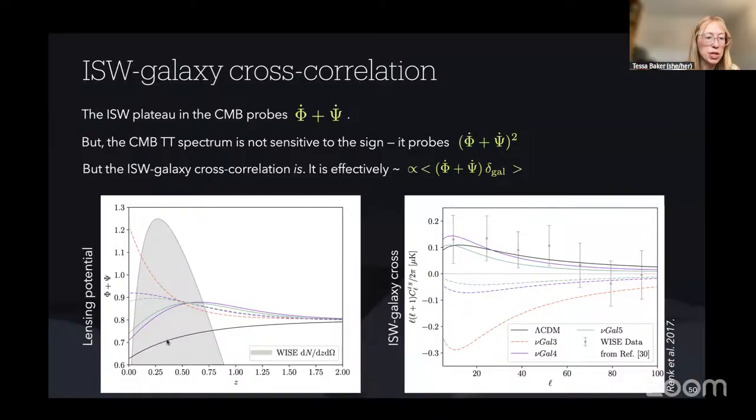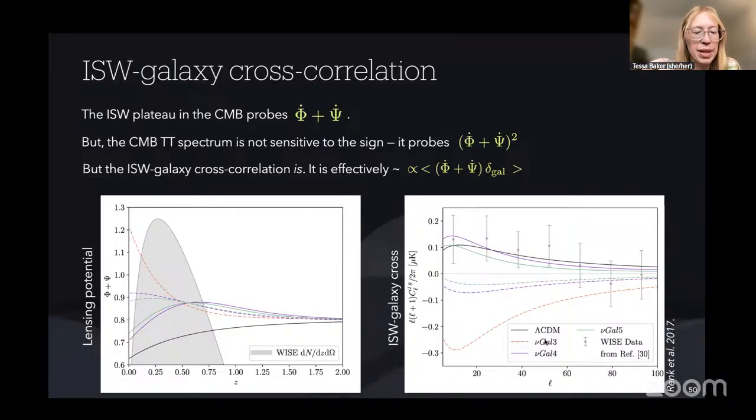In black, we've got the prediction in lambda CDM, where we said that sum of potentials decays at late times. And in these colored curves, we've got those Galilean models. And you can see that they're doing a whole range of different things. So some of them are still ultimately decaying, but after they've increased a bit. And actually, there's a red curve here, which curves upwards. So in this particular model, which is called the cubic Galilean, the lensing potential actually increases with time as the